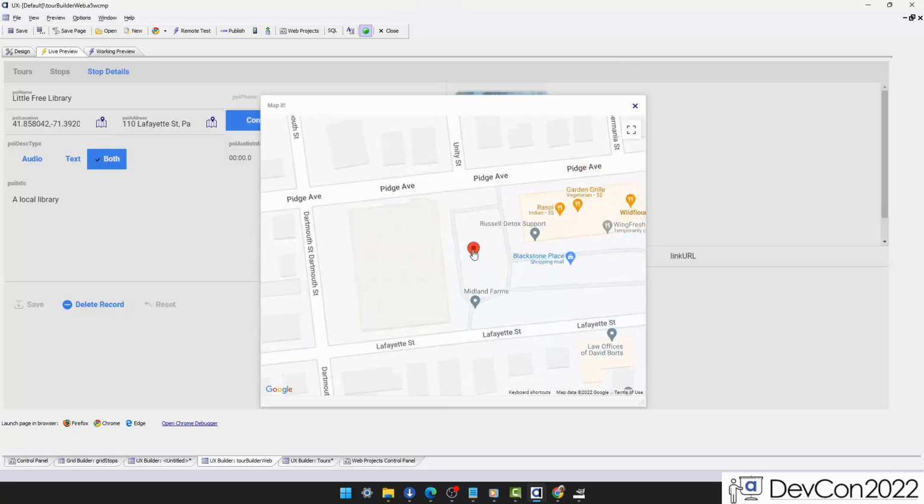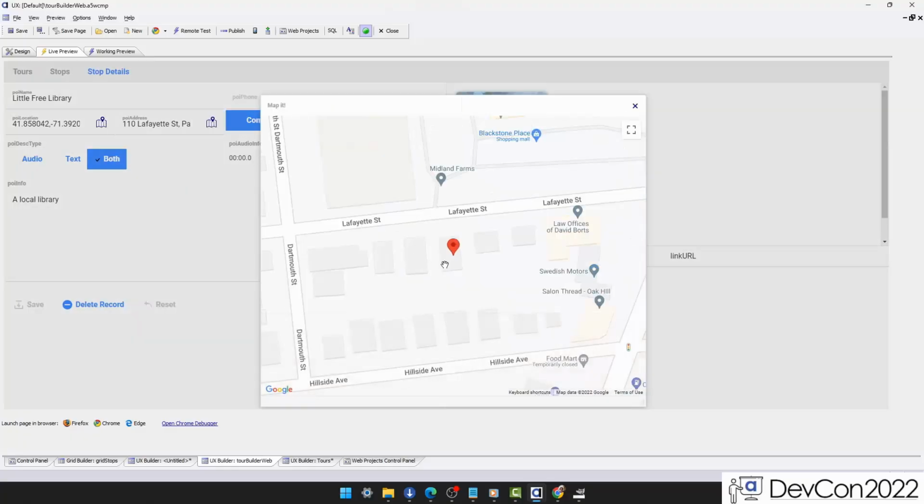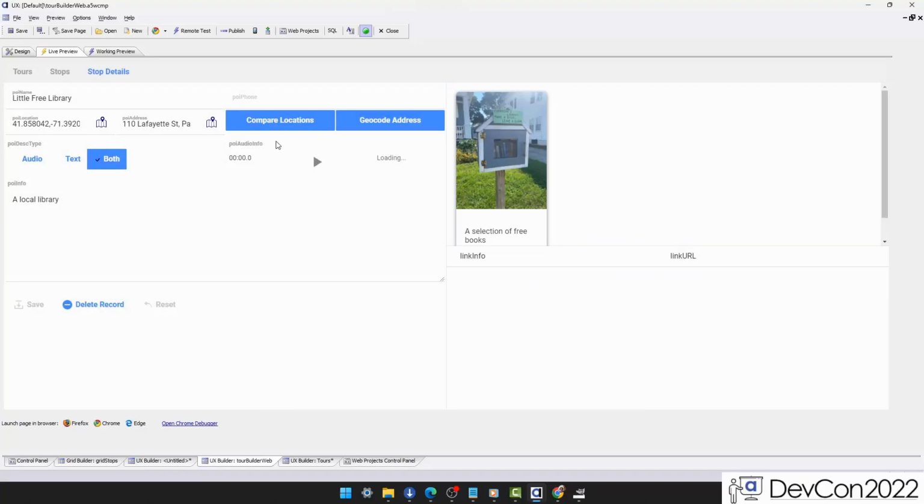But here we see that's where the lat long will take us, and if we close that and we open up this one, well, that's that house basically. That's where the address is located. So now